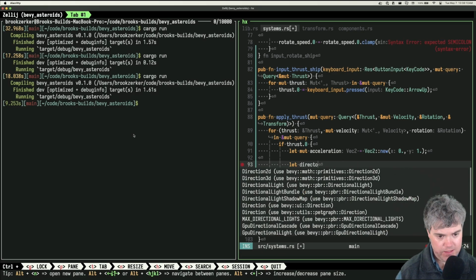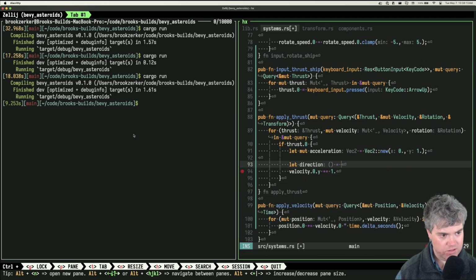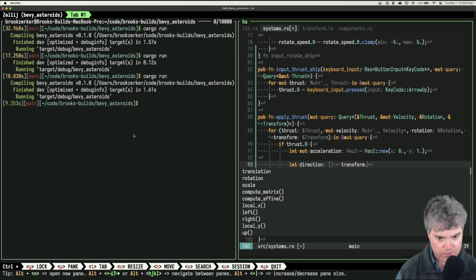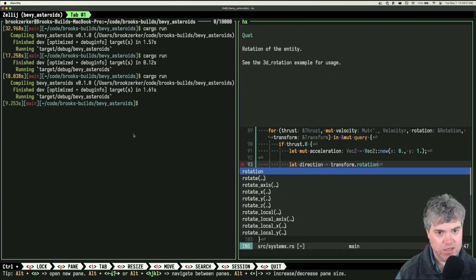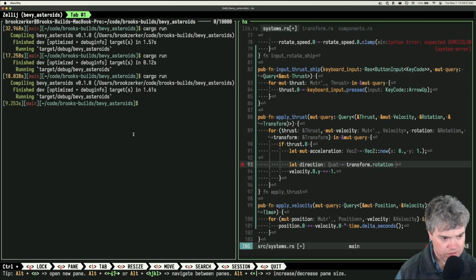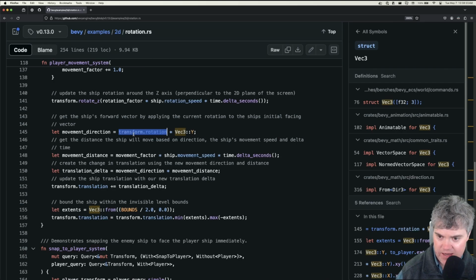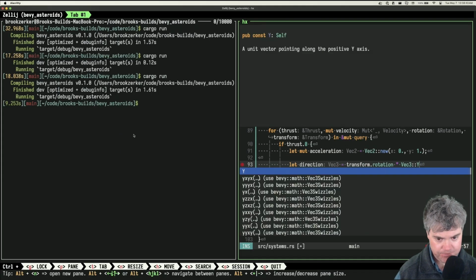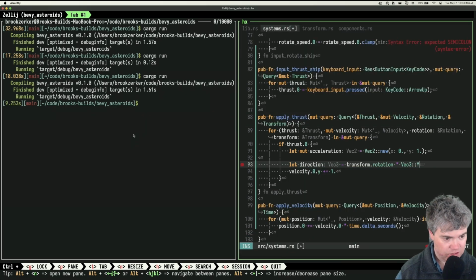So direction equals a transform rotation. Now you're multiplying that by Vec3 Y, a unit vector pointing along the positive y-axis. So again, I don't really understand what that's doing.